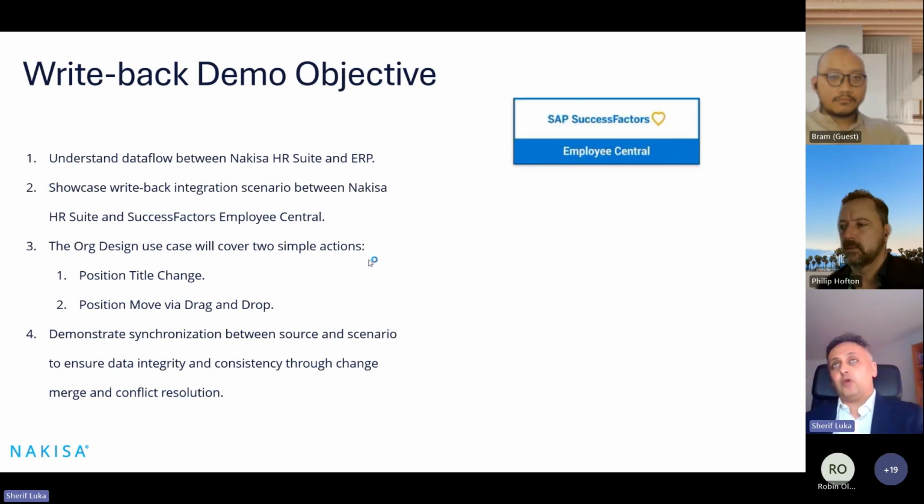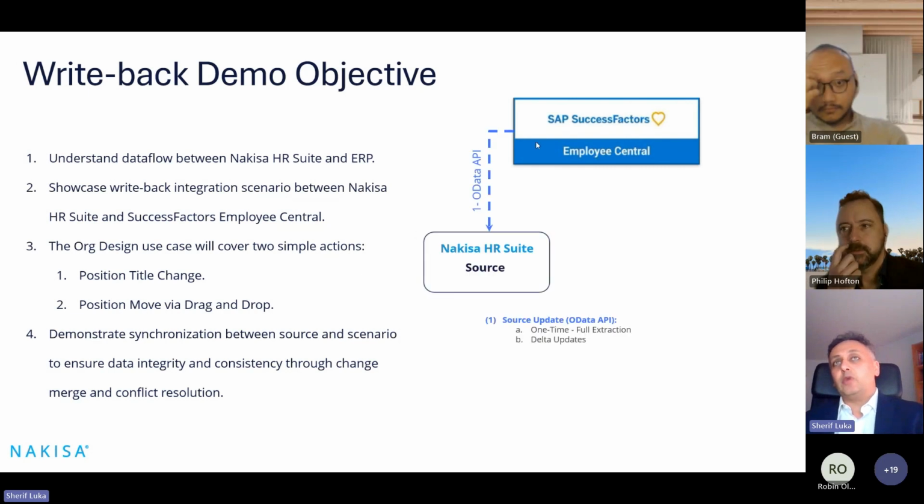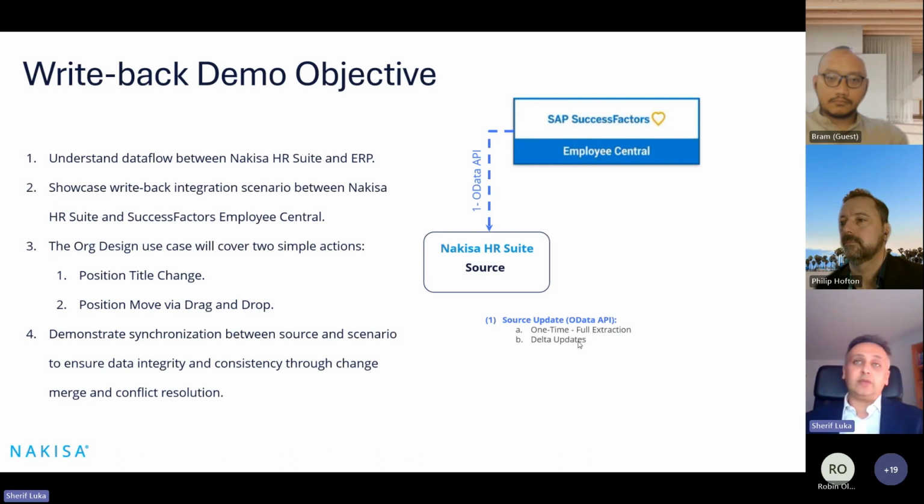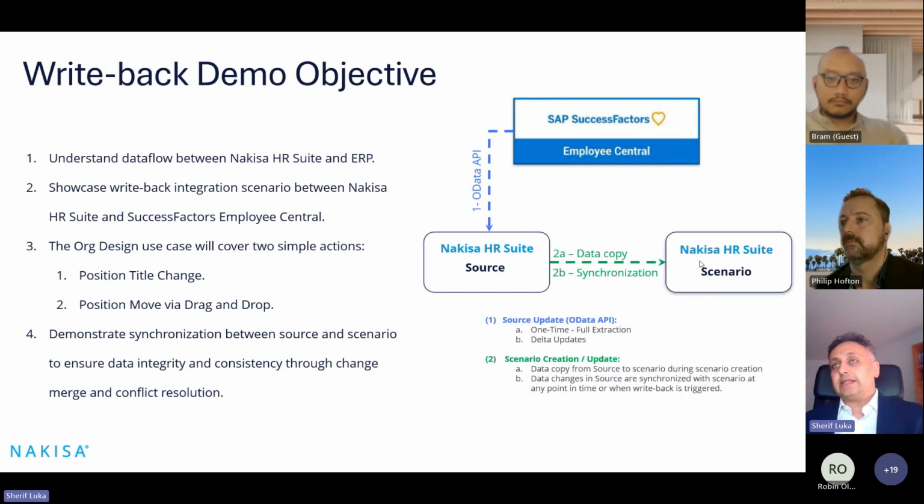So from a data flow perspective in today's demonstration, just very quickly, we will be pulling data out of SuccessFactors into our HR Suite using the OData API. There is a two-step process. I'm not going to cover 1A. This is a one-time full extraction that we do, but there are delta processes. So when I change something in SuccessFactors, I can push it to the Nakisa HR Suite source via the delta process. When you create a scenario,